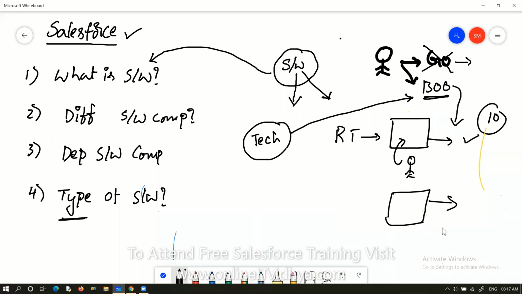So these are all manual operations, 10 or 15 years back. But nowadays, is anyone going to a railway reservation counter? Or is anyone going to a banking outlet to do these operations? No. Why? Because of softwares.